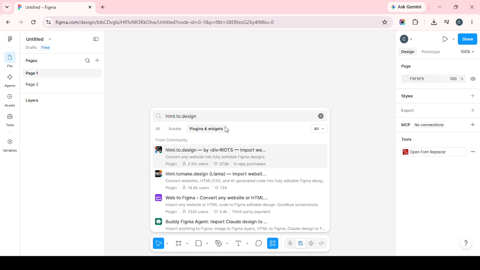When the plugin opens, follow its interface to access the page capture you just created from Chrome. This is the handoff point between your live Lovable.dev preview and your editable Figma design. From there, the imported layout can be placed into your file, giving you a